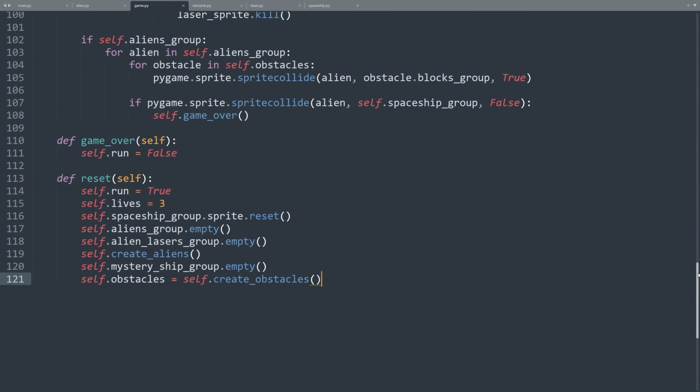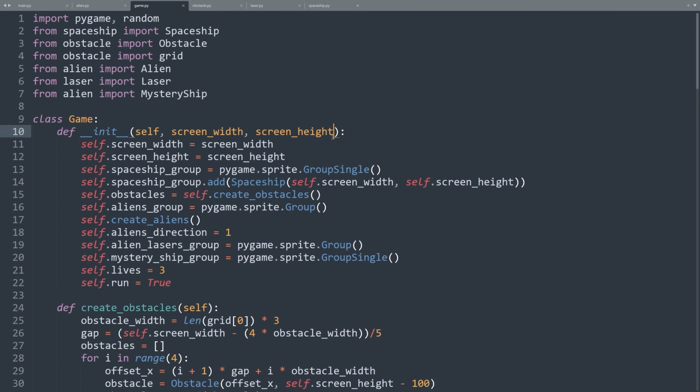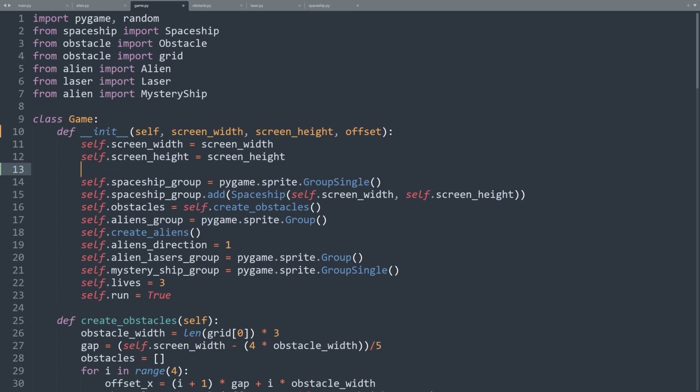The game class must get the offset as an argument. Let's enter it in the init method. Offset here. Also, we need to create an offset attribute. Self.offset is equal to offset. Now we have to pass this offset when we create the spaceship object here.